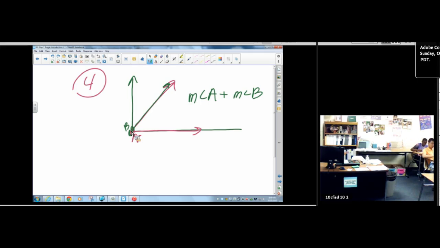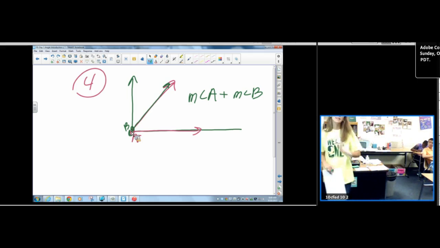Why did you put the M? Oh, I put M. Measure of angle A plus measure of angle B. M means measure. Thank you for asking. You're going to see that throughout the whole unit. I sometimes forget that y'all